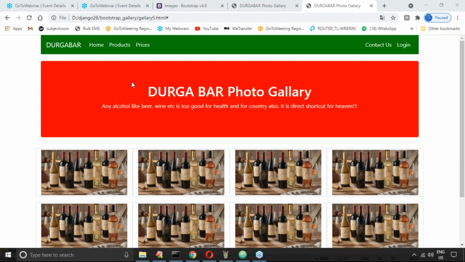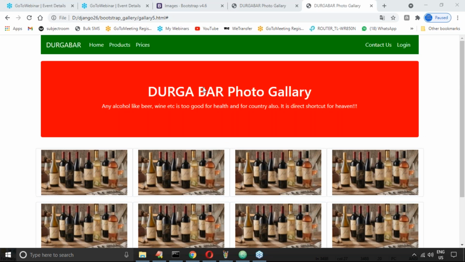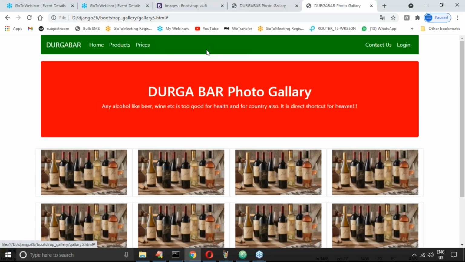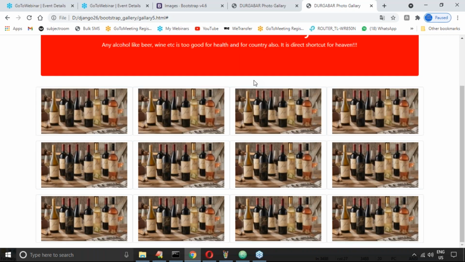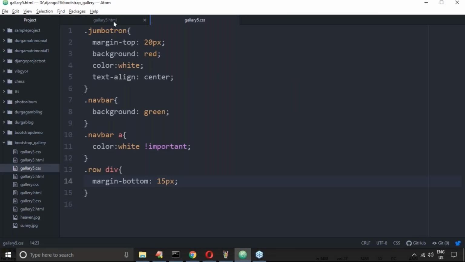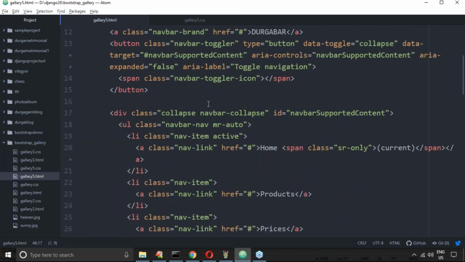Yeah. Now my question is, sir, fixed navbar and the jumbotron below scrollable. Just observe that the problem here is, have you observed, right? It is not a fixed navbar, it is not fixed top. I want to take a fixed top navbar.